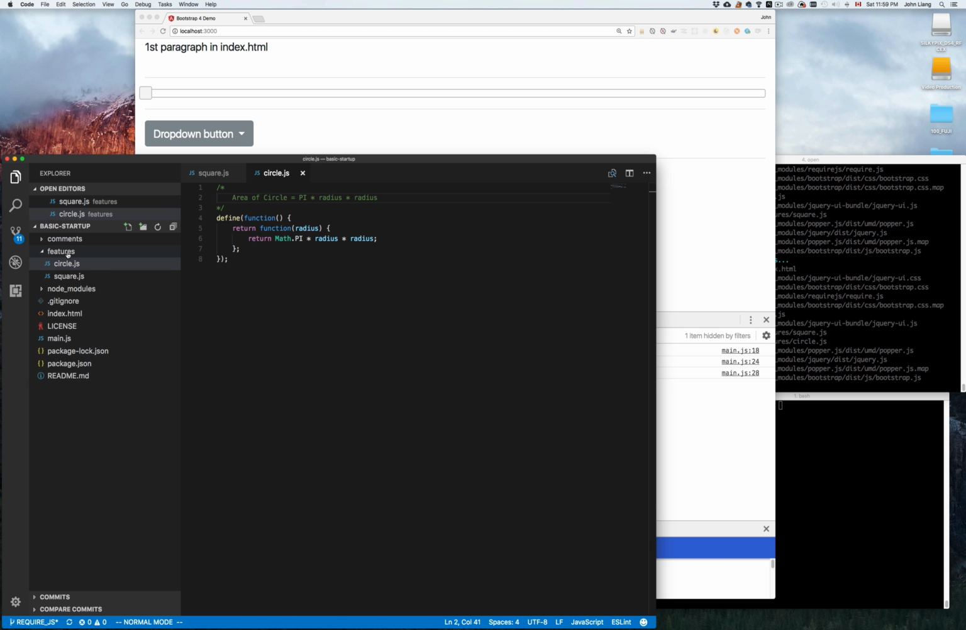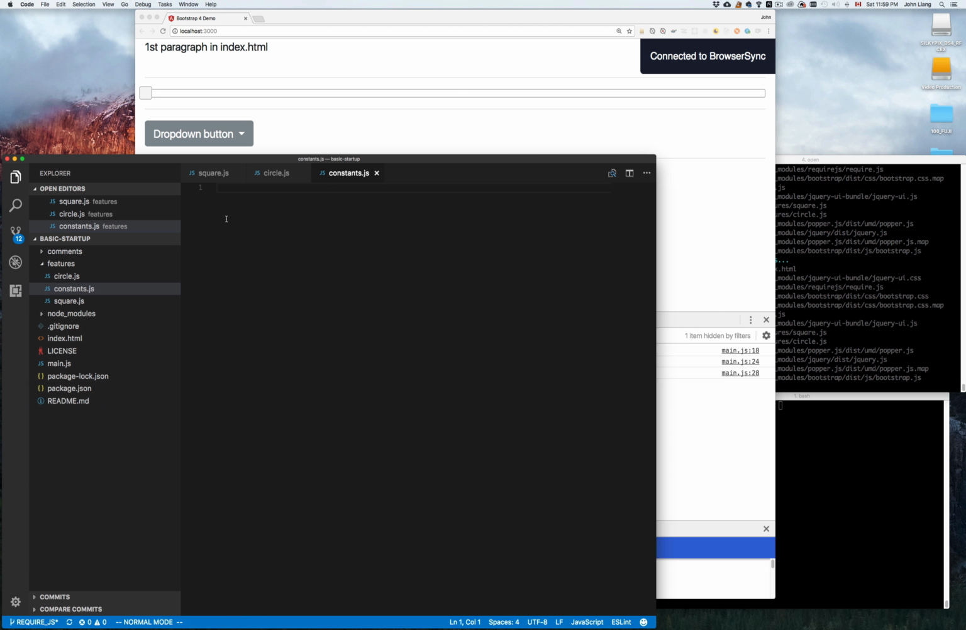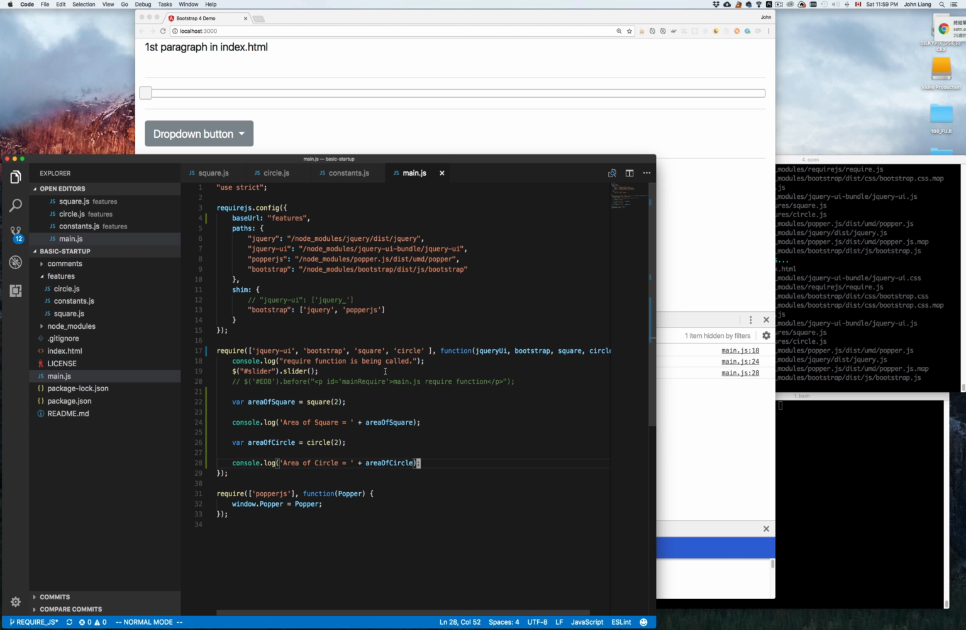Okay, so let's create another file inside features. Let's call it constants.js. Okay, let's go back to main. Let's make sure we load that file. Okay, so this time let's put it in front of it. So constants,